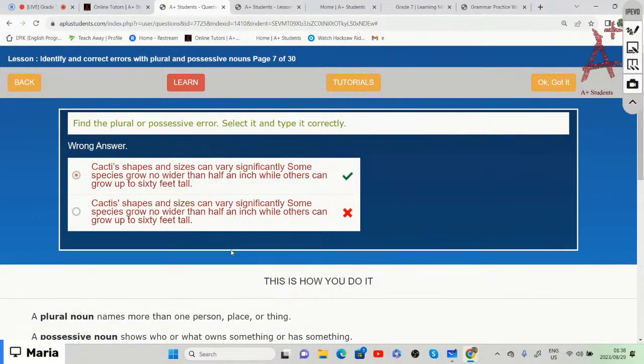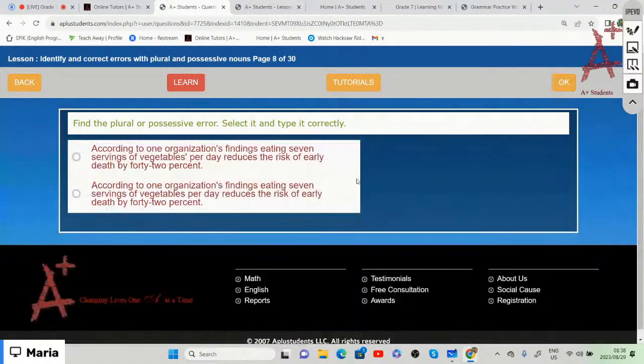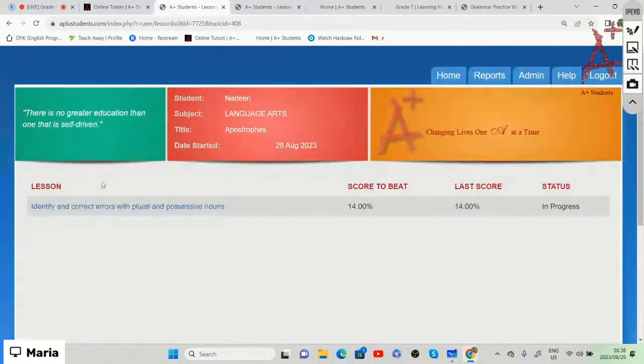So if you get an answer wrong, find the answer, copy the link, copy the answer, send it to us, and you'll get 100 bonus points, which means that it is cactus. So the cacti or cactus shapes and sizes may vary. And remember, I am also just doing that to show that it is a bit tricky. So that is basically